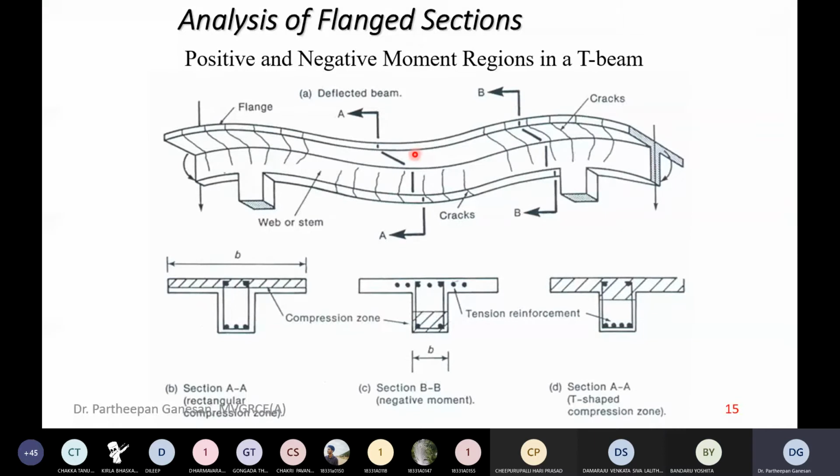Because in a design problem, they may tell you to design the beam at the support. If you have to design the beam at the support, you will design it as a rectangular beam. Here, this is the one. Section B is near the support, where this is the tension zone. In the tension zone, concrete is neglected, as you know. So this is the compression zone, and it is only a rectangular beam. Is that clear? Is there any doubt for anybody? Whoever is attending, around 59, 60 are there in the list. Is everyone clear about this? If you have any doubt, please ask now.